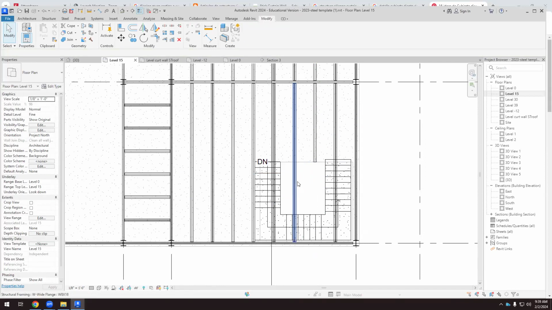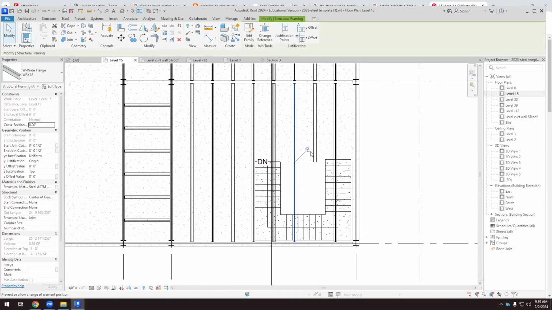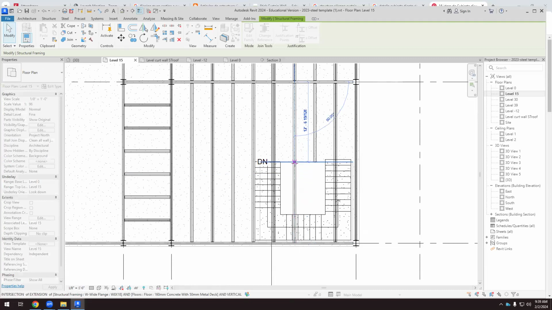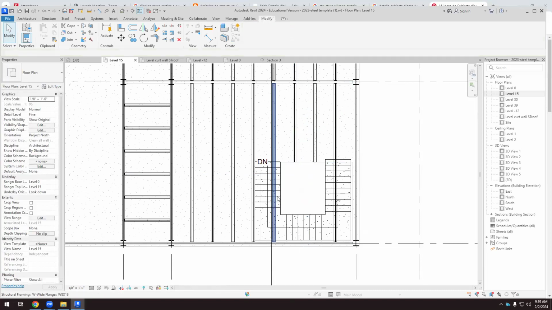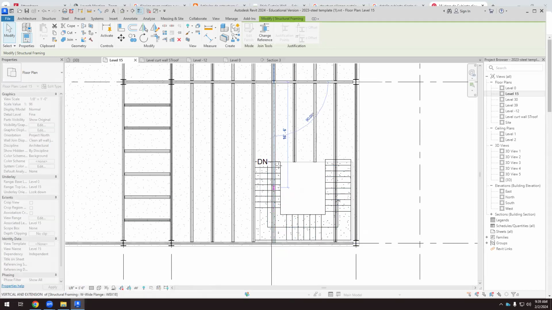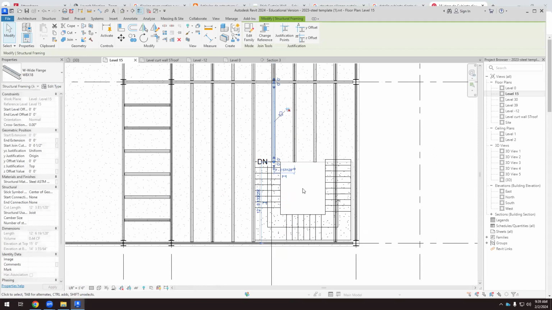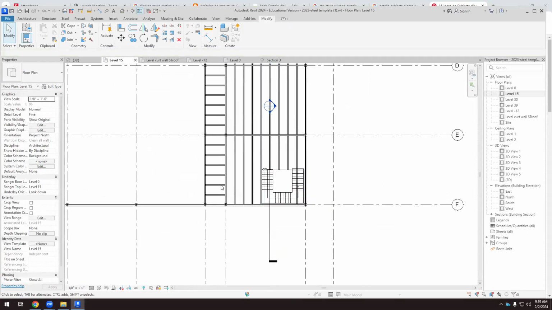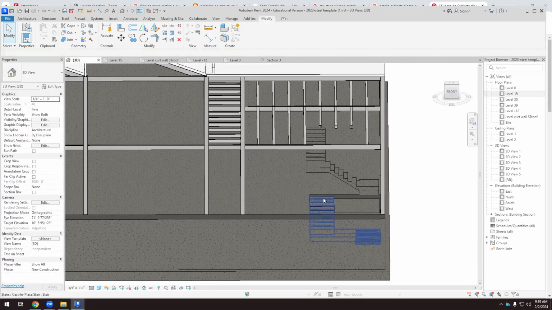So I can do this here again, unpin, and drag it here, and select, okay, select this, unpin, and drag it here. There you go. So if I go to the 3D view,